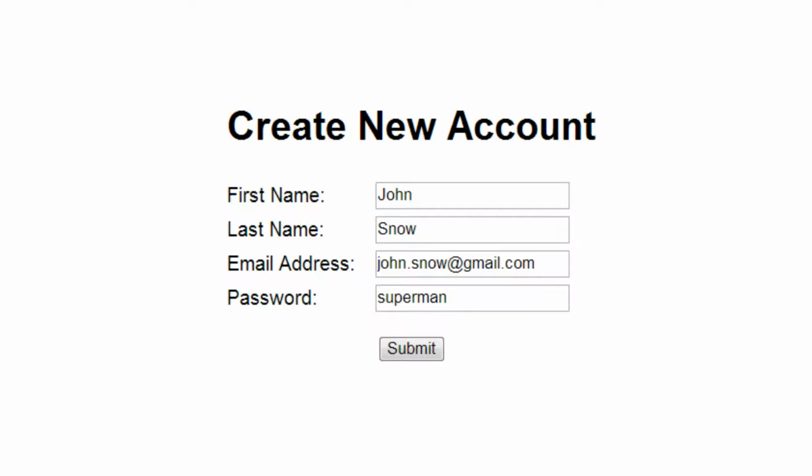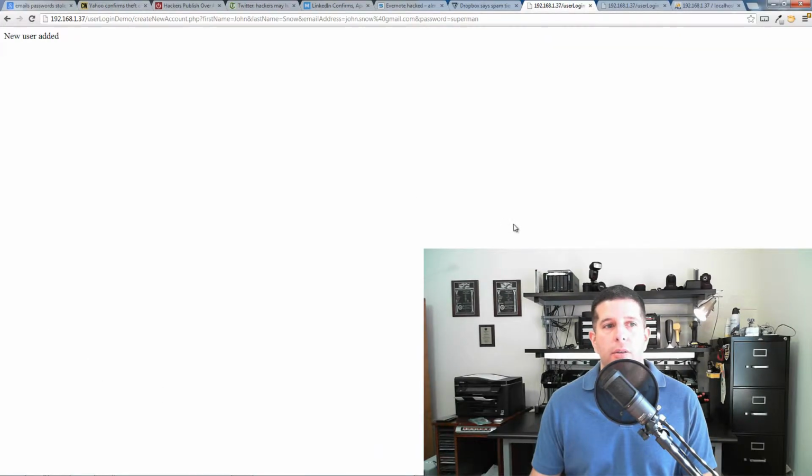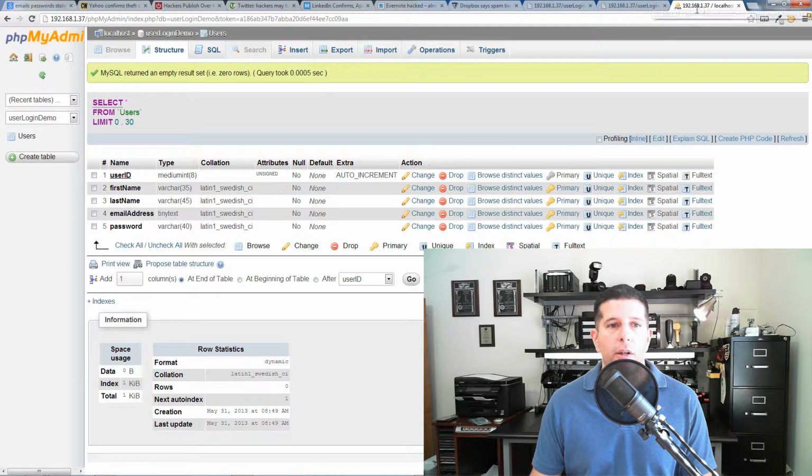I've put together here a fictitious login screen that essentially allows you to put the normal information you'd put. You put your name, your email address, and your really clever password. In this case, I've chosen Superman as my clever password. And I'm going to hit submit on that. And all right, so now it says new user added, and again, this is very simple, but I wanted to show you the behind the scenes of what's going on when you